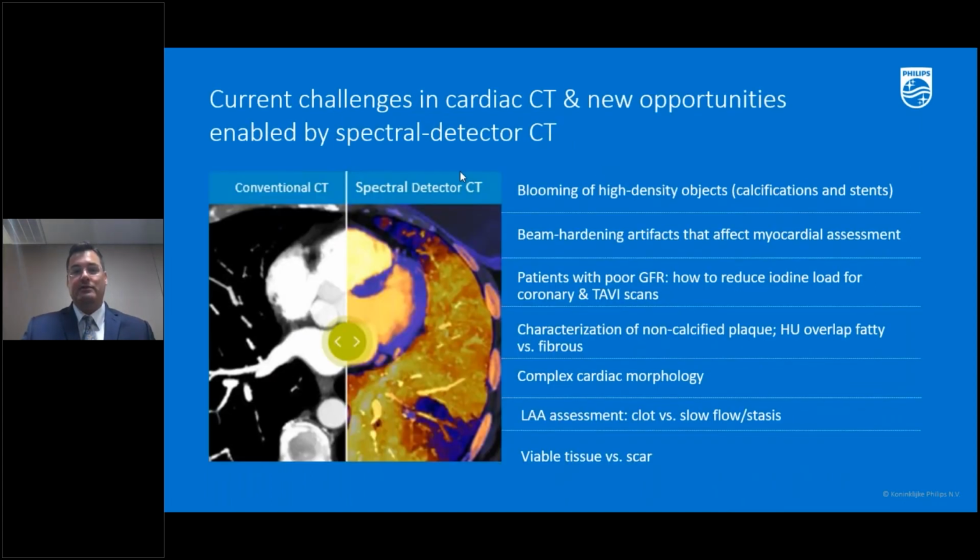This carries over to cardiovascular CT and the current challenges that cardiac CT faces in its application. It opens new opportunities by utilizing the spectral information contained within images gathered with spectral detection systems. We can look to see how we can reduce the effective blooming of high-density objects like calcifications and stents, look to see how we can reduce the effective beam hardening artifacts that affect our assessment of the myocardium, look at how we can better manage patients with poor GFR and how to reduce the iodine load for coronary and TAVI